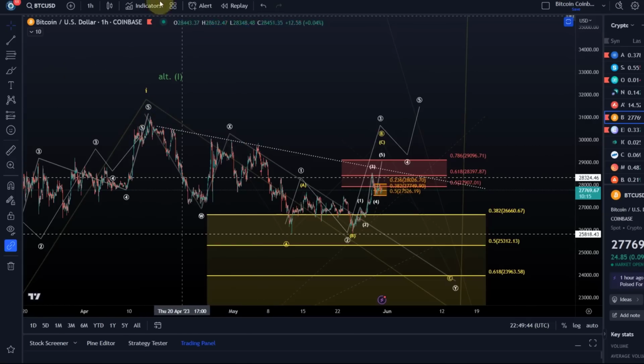Okay, so looking at the structure here, let's start with the short-term bearish scenario. That is for now still the primary scenario, and we're going to talk about why. I just simply haven't seen enough evidence yet that we are in the bullish count and that it is going to break out. It is of course possible. That's why I show you both, because they are both likely scenarios.